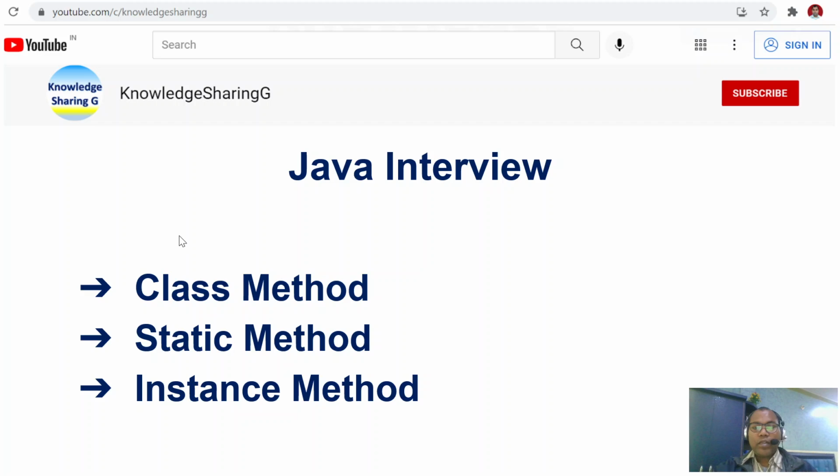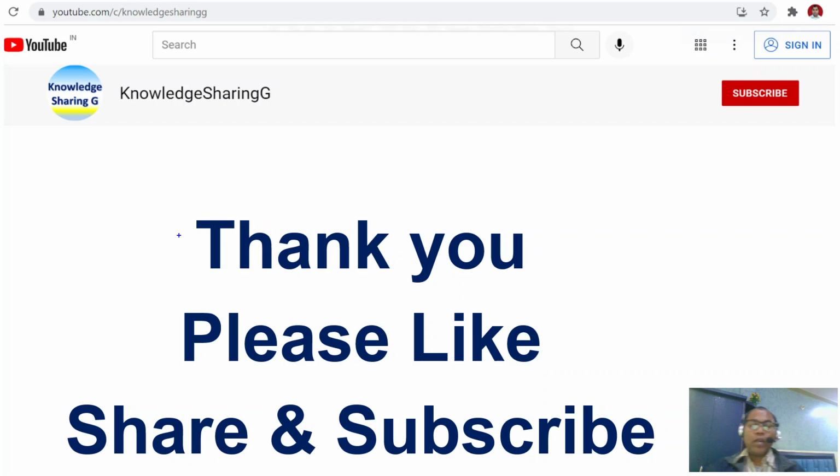Okay, that is your summary: class methods and static methods are the same thing. And if you write any method without the static keyword, you can say it is non-static, an instance method. So now you clearly know what a class method or static method is. Both are the same thing. You can say class method or static method, but if you write a non-static method, you can say instance method. An instance method can access class variables or instance variables, but a static method can only access static variables or methods.